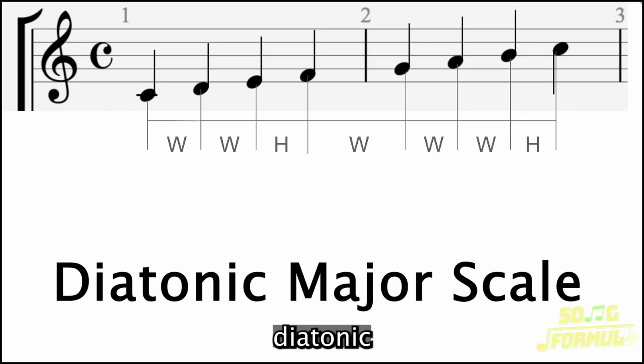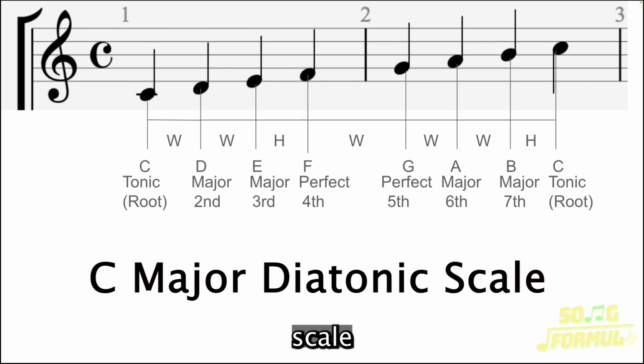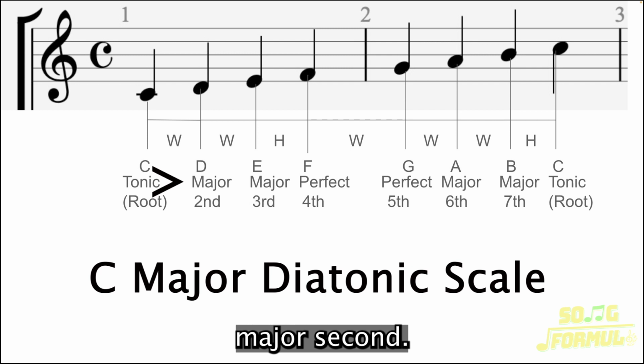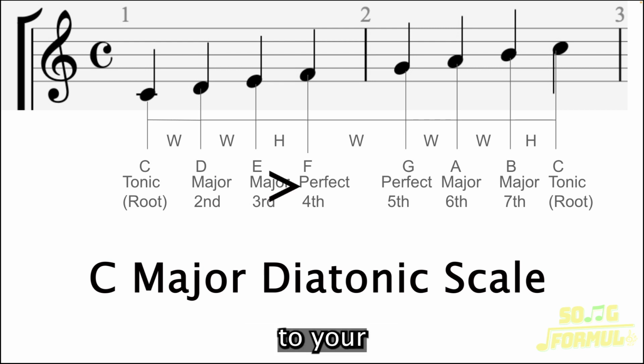The most common diatonic scale is the major scale, which follows the pattern whole step, half step, whole step, half step. Here's the major diatonic scale in the key of C. First you start with your tonic or root note, which is C. Then you go up a whole step to D, which is your major second. Then you go up a whole step to E, which is your major third. Then you go up a half step to your perfect fourth, which is F. Then a whole step to your perfect fifth, which is G. Then a whole step to your major sixth, which is A. A whole step to your major seventh, which is B, and finally a half step back to your tonic of